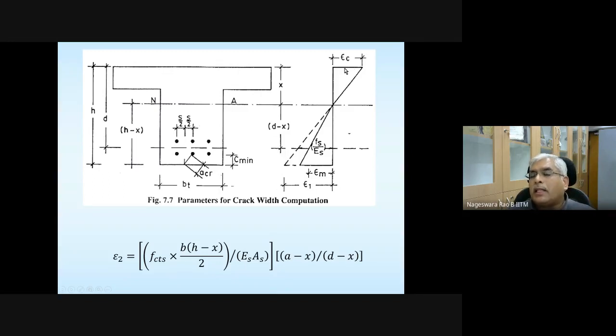Epsilon C is the extreme fiber strain in concrete, and this is the strain in steel, Fs divided by Es. Please take a note of it. And what is this EM, what is this epsilon M, what is this epsilon 1? We'll see what these are, and also what this equation is, in a while. So please take a note of this section and also the strain diagram, because the equations given in annexure F in IS 456 make sense with this kind of figure. So please take a note of this.